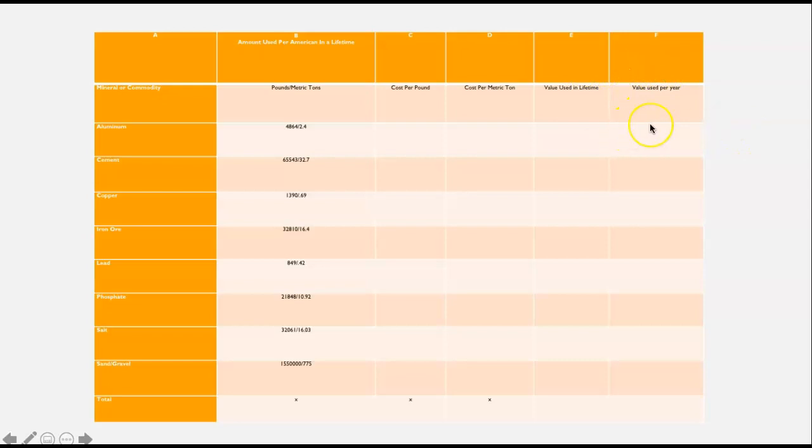And you can do whatever you want. 100 years is a lifetime, 80 years is a lifetime, 85, whatever the average American life is, you can use that. Whatever you use, just make it clear. And then there's going to be a second part where there are some questions, but that will go up under the file name Mind Over Matter worksheet. So download that, have some fun with this lab,